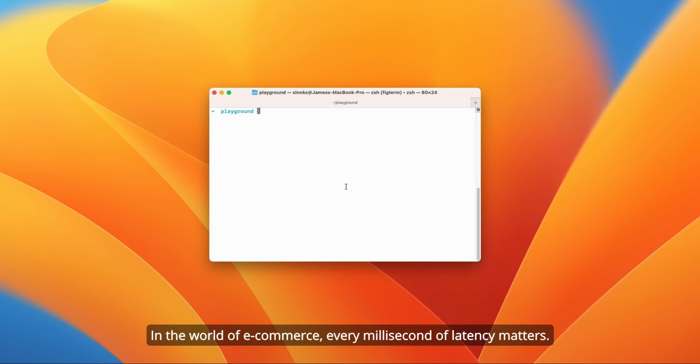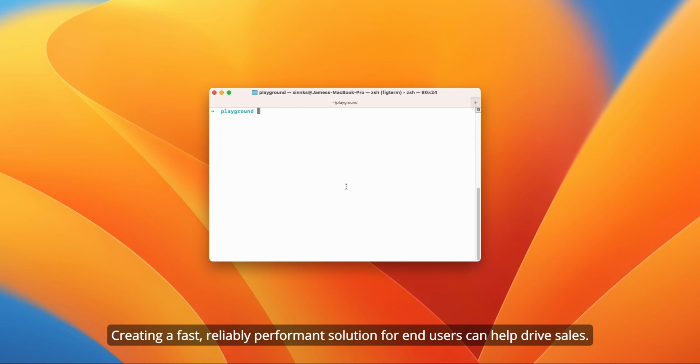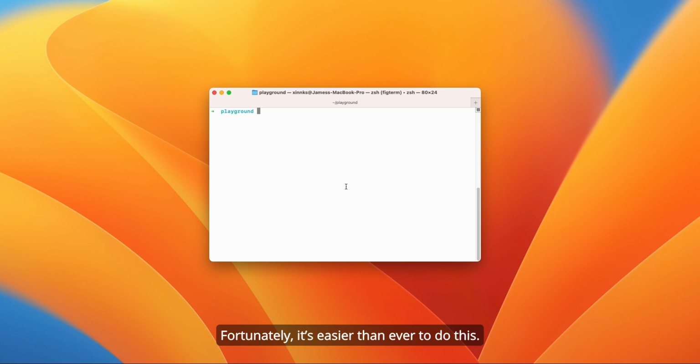In the world of e-commerce, every millisecond of latency matters. Creating a fast, reliable performance solution for end users can help drive sales. Fortunately, it's easier than ever to do this. In this tutorial, we are going to learn how to create a distributed REST API for an e-commerce store using